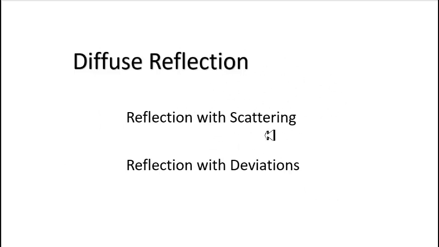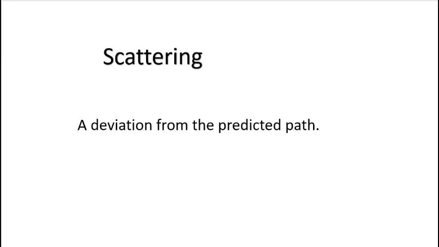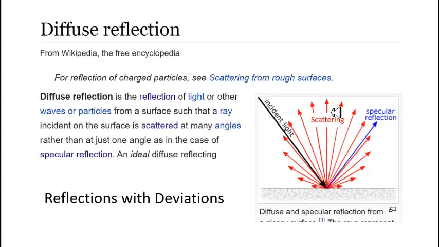Because it's used very loosely. People use it loosely. Oh, scattering. They use it very loosely when scattering is really the deviation from the predicted path. So you have to have the predicted path. Okay, so as a computer scientist, I cannot implement scattering without knowing what the ideal path was in the first place. I need to know the ideal path, the predicted path of the light, in order to implement something called scattering